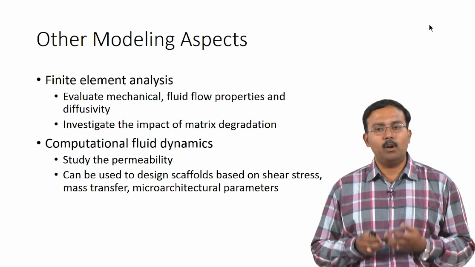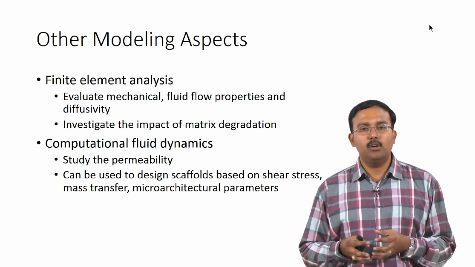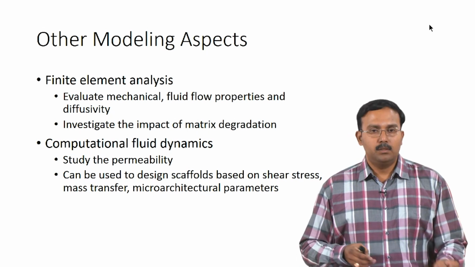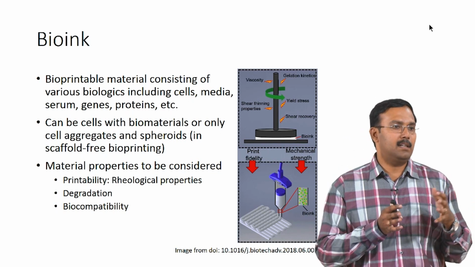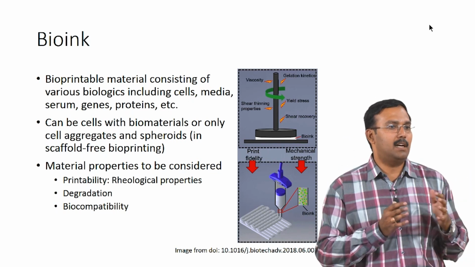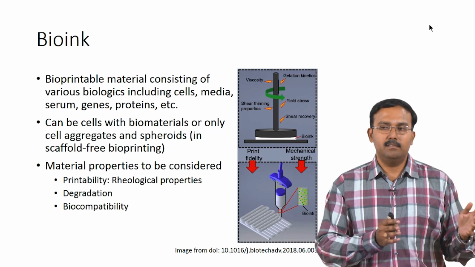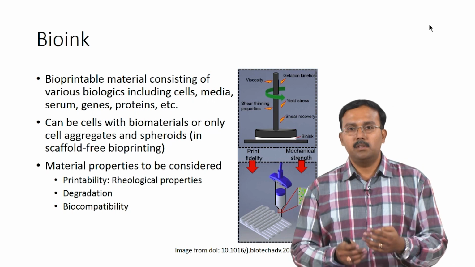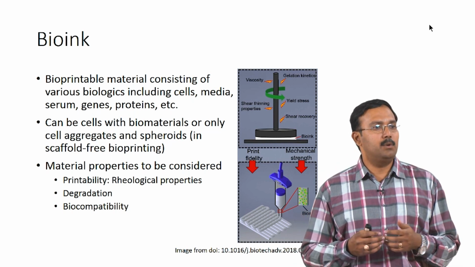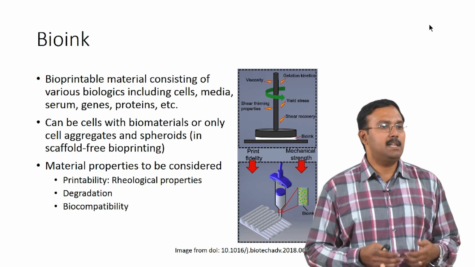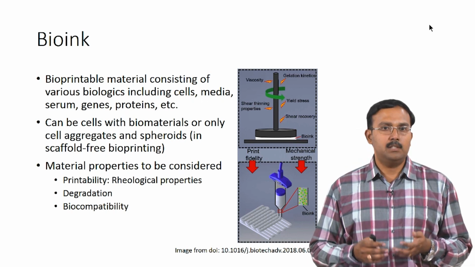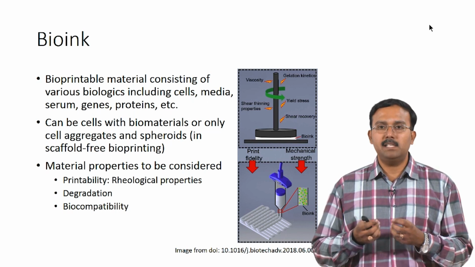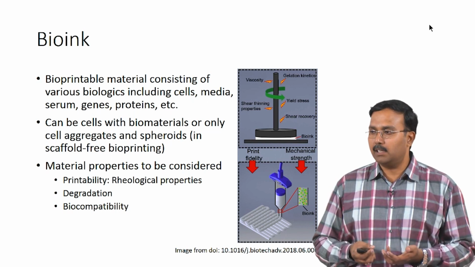Okay. So, these are some of the modeling aspects which people have tried to incorporate as part of the 3D printing technology. So, whatever we discussed till now are the aspects where you would need expertise in image processing and computational techniques and so on. The aspect which we are covering here is where you would need people with more chemistry and materials background, right. So, you need to design a bio ink. Whatever you are printing has to be some kind of an ink which you print out, right.